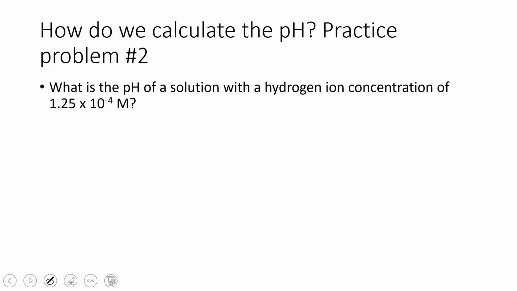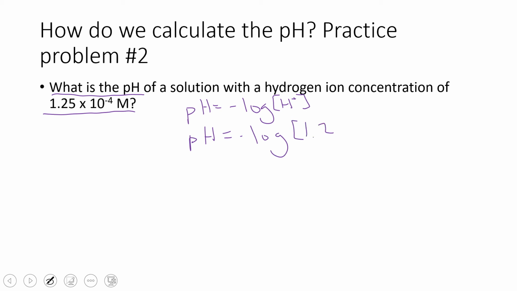The second one, very similar. What is the pH of a solution with a hydrogen ion concentration of 1.25 times 10 to the negative 4 molar? So I'm going to write our starting equation again. pH is equal to the negative log of the concentration of the hydrogen ions. So again, we're looking for the pH, right? We know we have the negative log, and our concentration is 1.25 times 10 to the negative 4, right? So a smaller value than before. And this tells us, if we do the calculations, that our pH is going to be equal to,